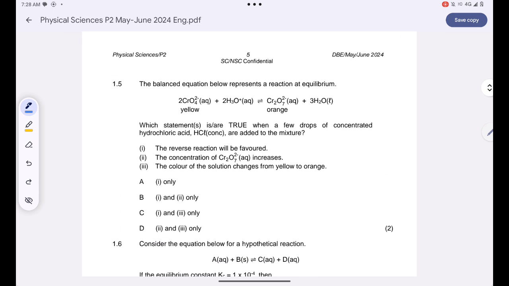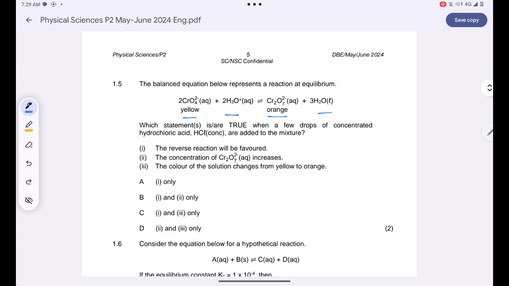Okay, and then now we are told that the balanced equation below represents the reaction at equilibrium. We have our reactants: chromate ions and hydronium ion. On the other side, you have dichromate ions and water. Okay, and then we are told, which statement is true when a few drops of concentrated hydrochloric acid are added